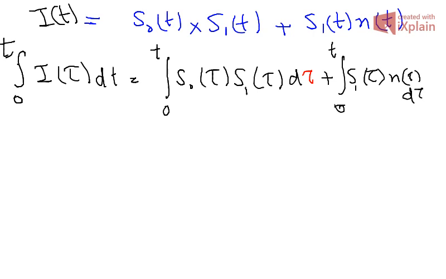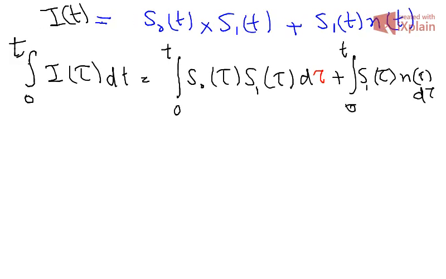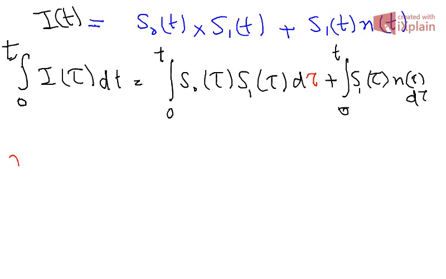Now if we solve this one, if you observe our sample value R naught, which is actually the output of the integrator. Here we should have theta. The output of the integrator from 0 to R. Sorry, this is not R naught. This should be R1, right? So we have R1